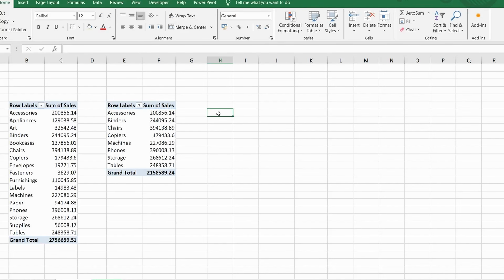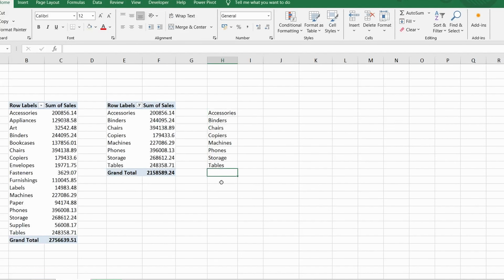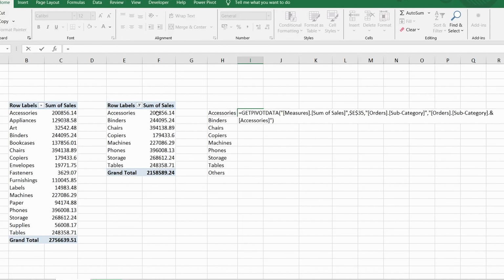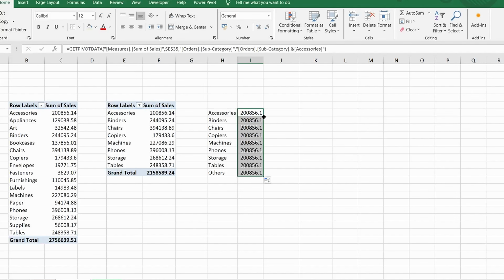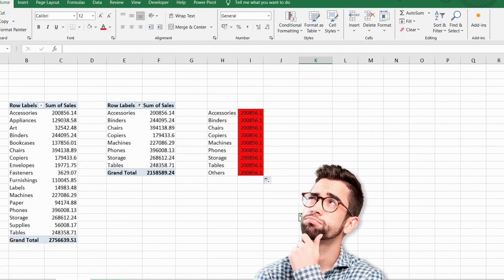I need to maintain the relationship between the tables, so I will create the first column as cell references. In the last cell of the column, I will write Others. I will also create references to the revenue cells. As you can see, the copying process was incorrect because, to create references to the cells of a pivot table